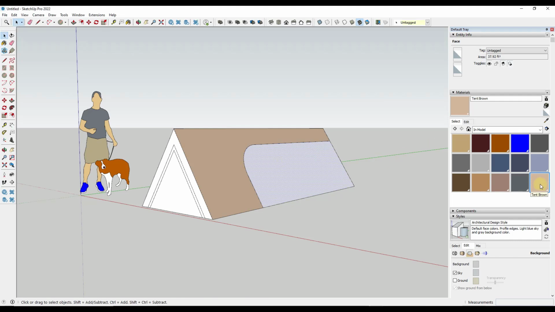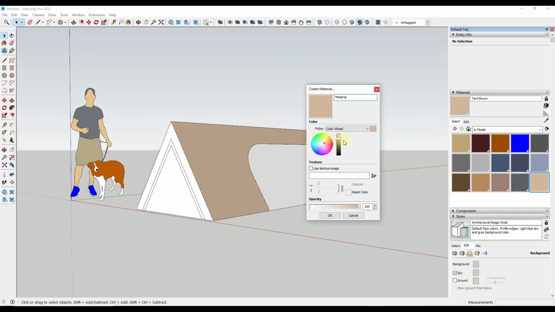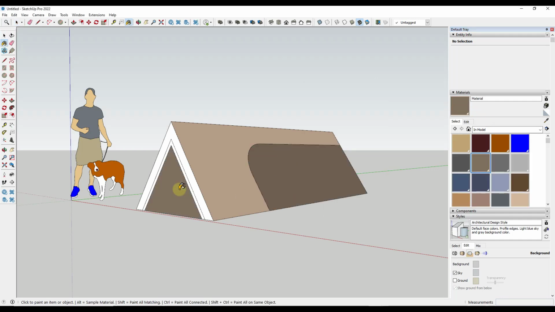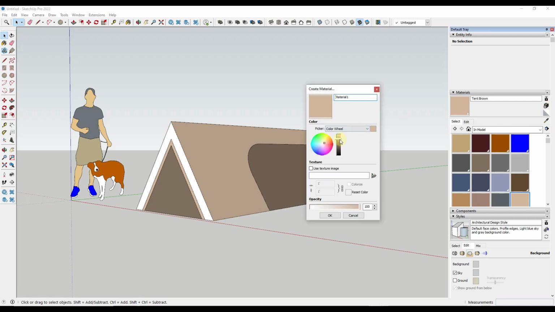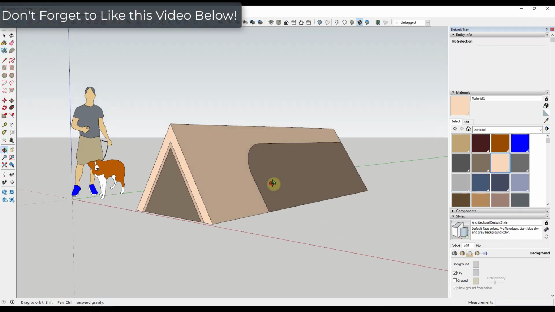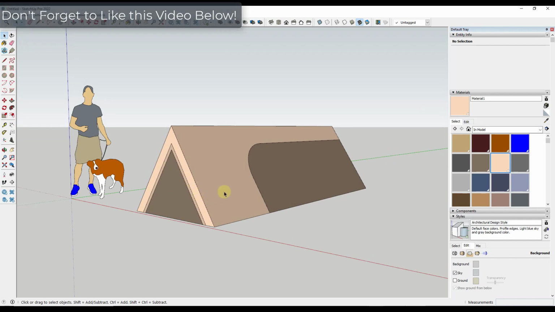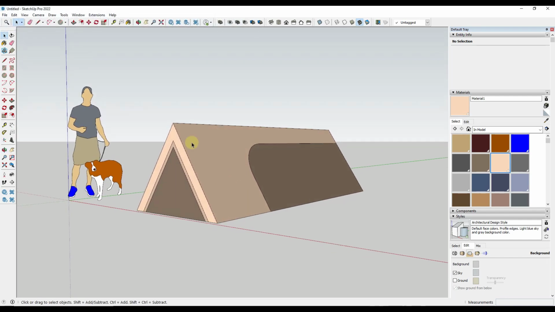Well, then we just need to generate some similar colors that go on these other surfaces, right? So we can start by going with that tent brown. And so what we need is some colors that are similar, but have a little bit more darkness. So in this case, our darkest one is probably going to be about this dark, and it's going to go as kind of a shadow here and a shadow on our opening. We're actually going to use this brown color right here, and then we're going to create a new color, and we're going to lighten it up even more to use on our front right here. So notice we have a number of different colors on here that kind of contrast, but this still doesn't look